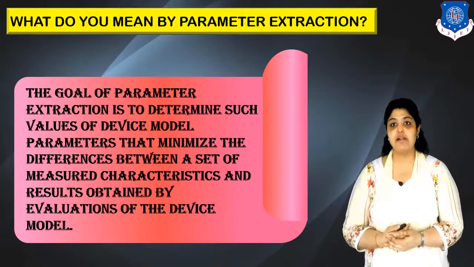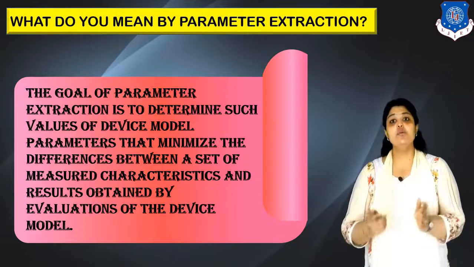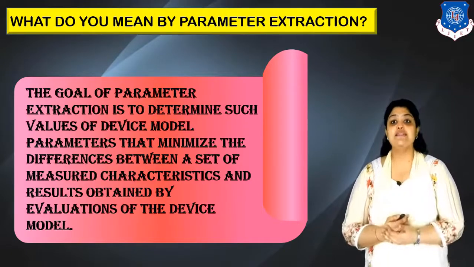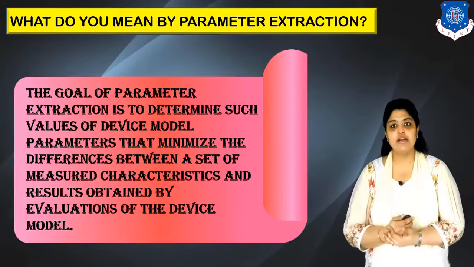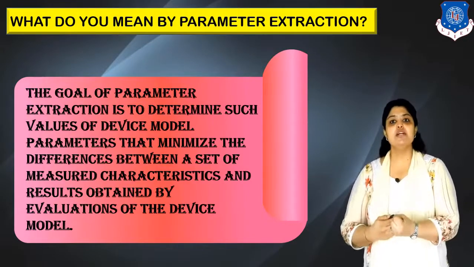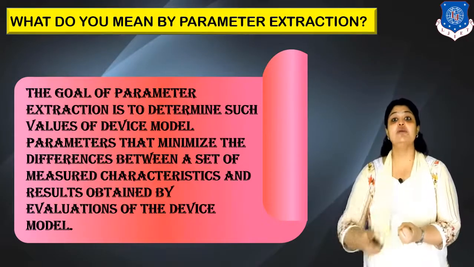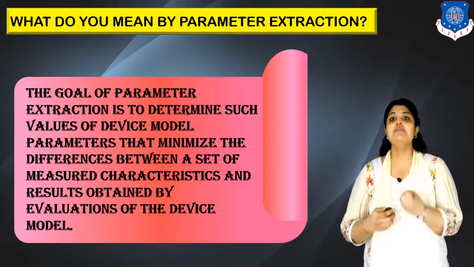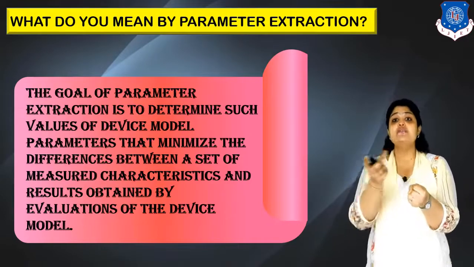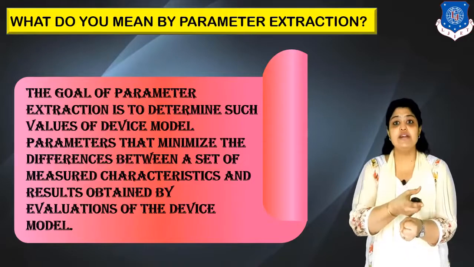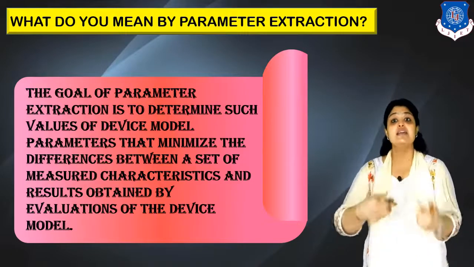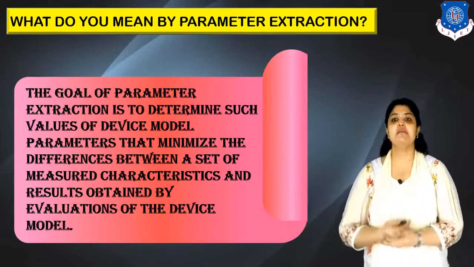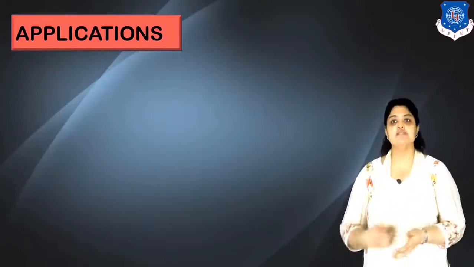Let me give you an example. We all know that threshold voltage of a silicon diode is 0.7 volt. It should actually be 0.7. But practically a PN junction diode can never have the exact value. But while designing a PN junction diode, how close we are to 0.7 for silicon, that is actually the purpose of parameter extraction. First, let us discuss some applications of this method.